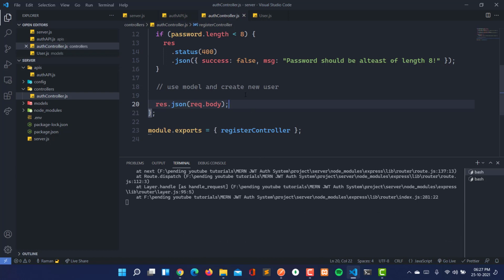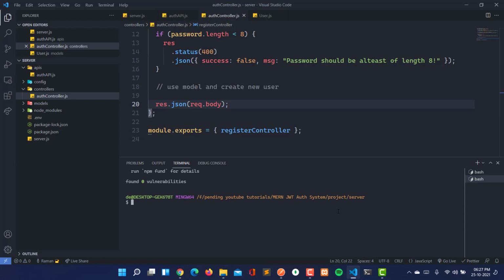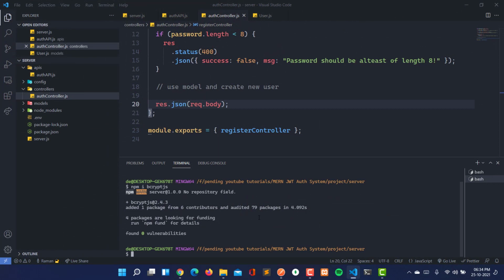Now we need to hash the password first. To hash the password we need bcrypt.js, so let's install bcrypt.js here. I'm going to write npm install bcrypt.js, so let it be. Now our bcrypt.js is successfully installed.